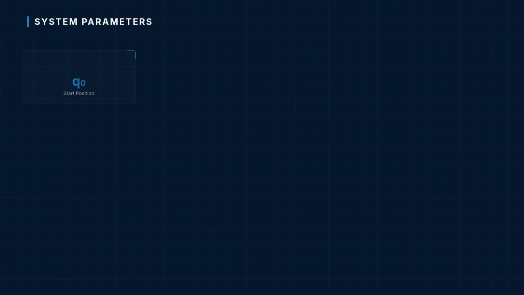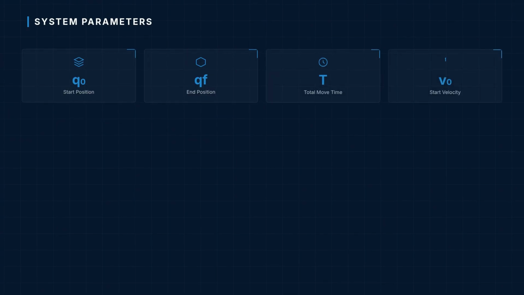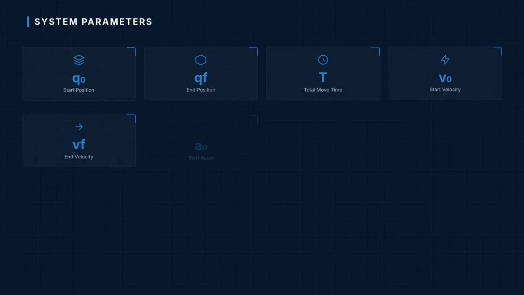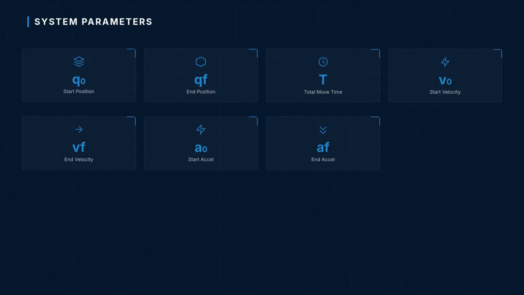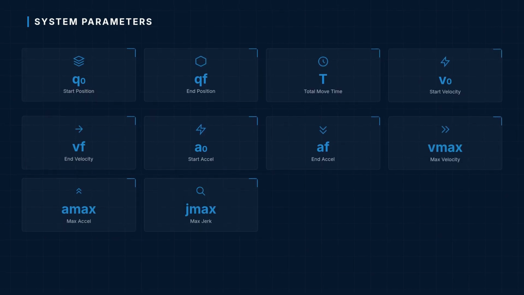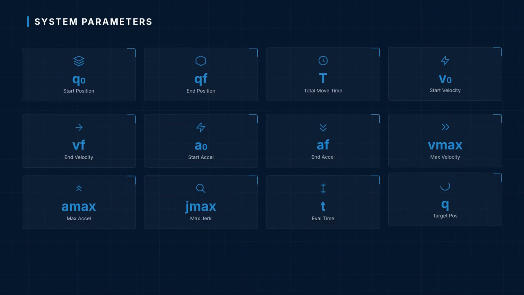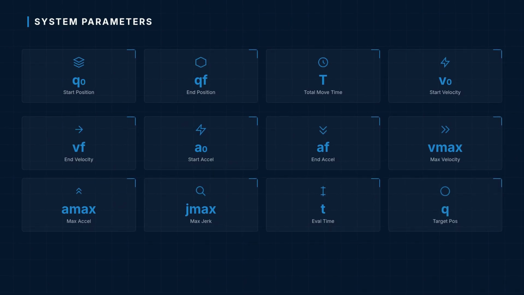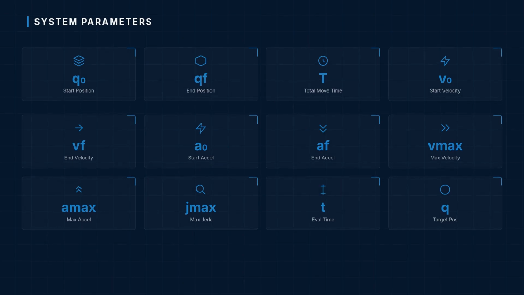Now enter your parameters: start position Q0, end position QF, total move time t, start velocity V0, end velocity VF, start acceleration A0, end acceleration AF, max velocity Vmax, max acceleration Amax, max jerk Jmax, evaluation time t, and target